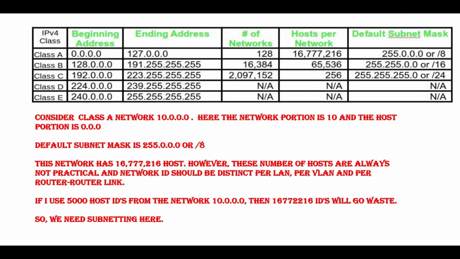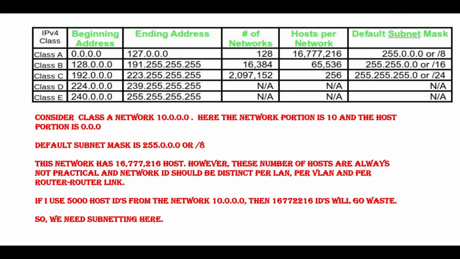Let's take a look at network classes again. Consider a Class A network 10.0.0.0. Here the network portion is 10 and the host portion is 0.0.0. The default subnet mask is 255.0.0.0 or /8. This network has